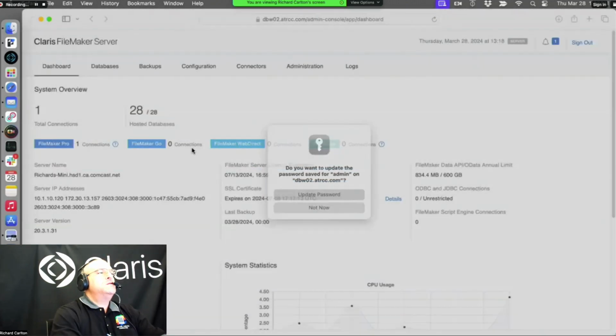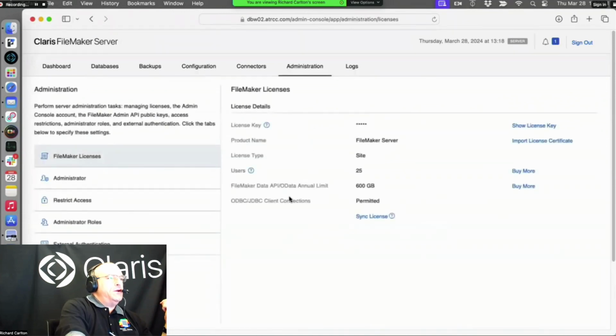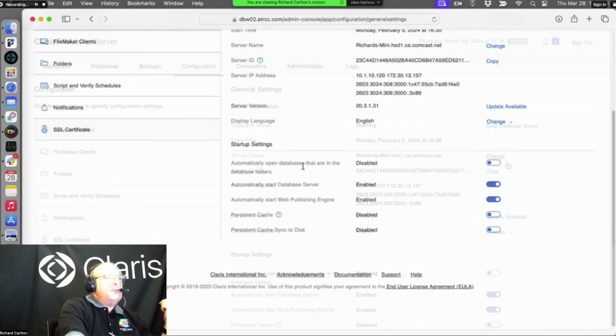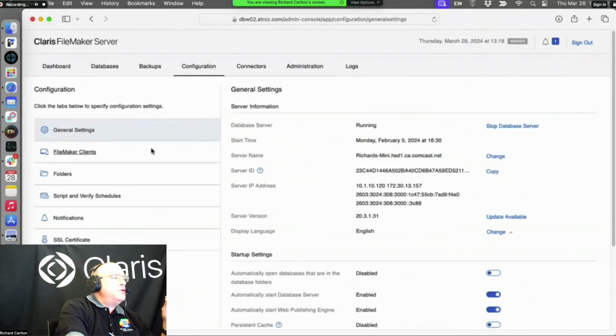Okay, great. So this is my personal FileMaker server. It's running 20.3.1, one bug release back. And then in the administration over here, under configuration, you're going to hit a part for automatically opening databases. This is where we turn this off so we don't auto open databases, because you could auto open a crash file. That's bad. Automatically start database server, that's fine. Automatically start web publishing, that's fine. Persistent cache, those are both disabled. Yeah, so you'd have to hunt through here to figure out